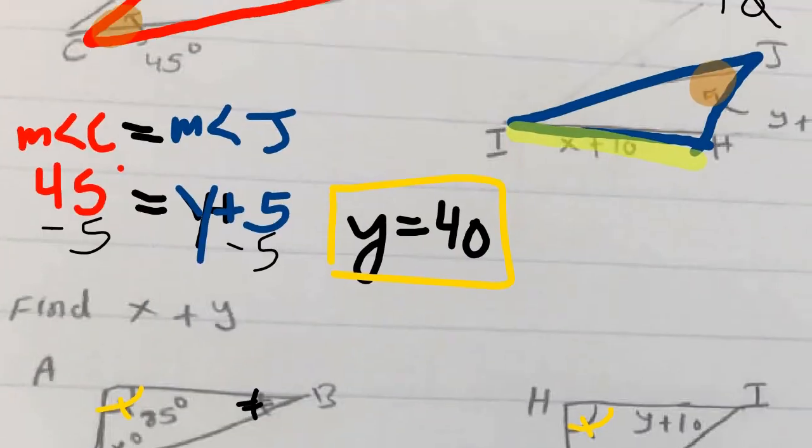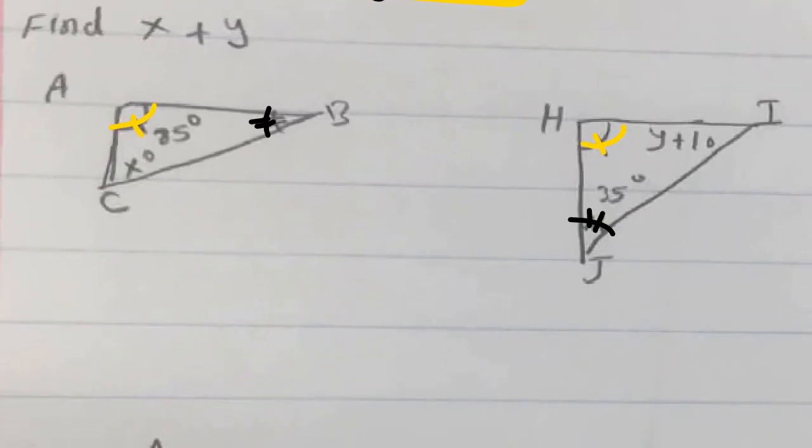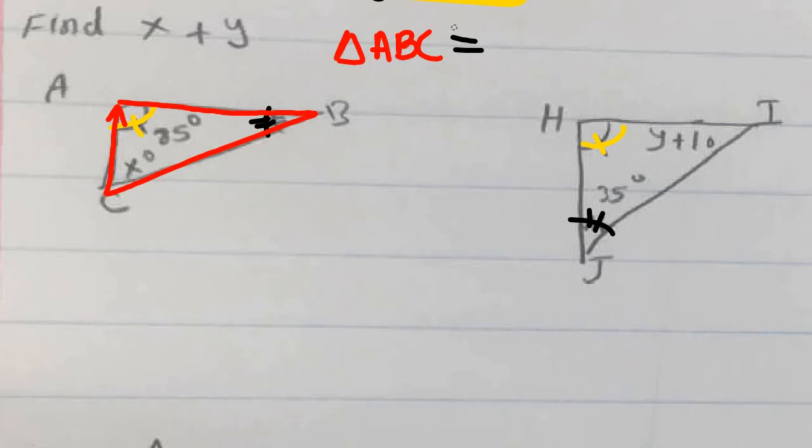And if we have the same information as we do up here, which I'm assuming we do, we can assume that triangle ABC is congruent to triangle